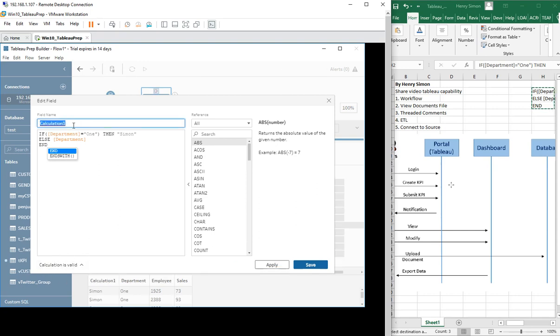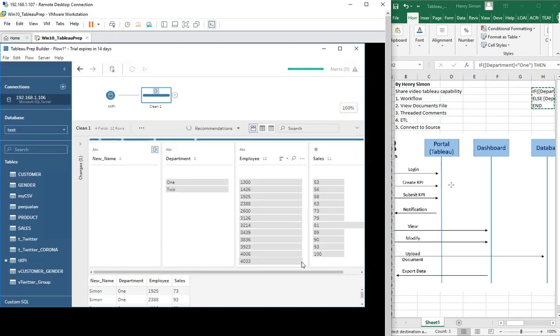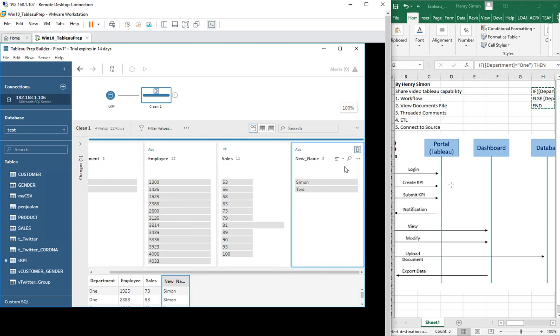Then I can apply. I can see the calculation is valid. I can set the name. Let's say this is the new name. Okay, I can save. And then it will be added in here, and I can also drag to move. Let's say I want it to be in the last column. And then after this, I want to output to